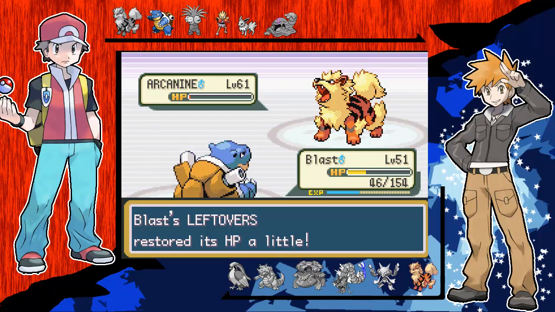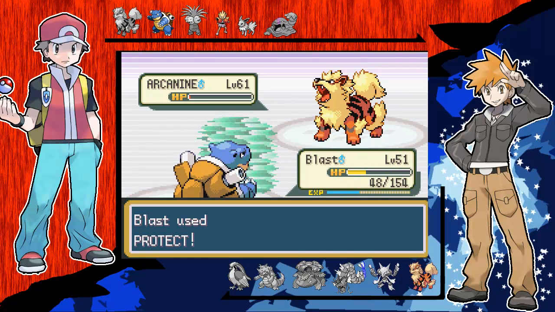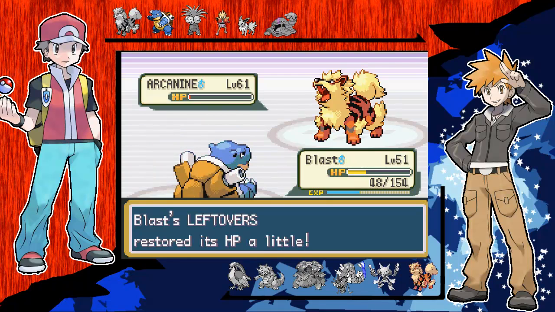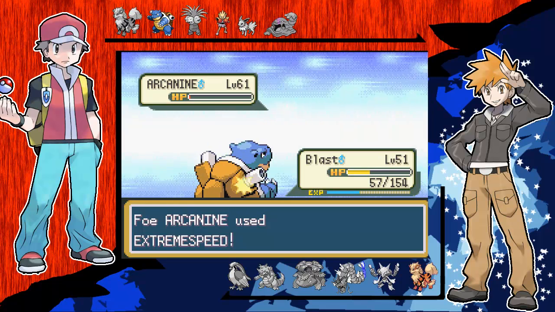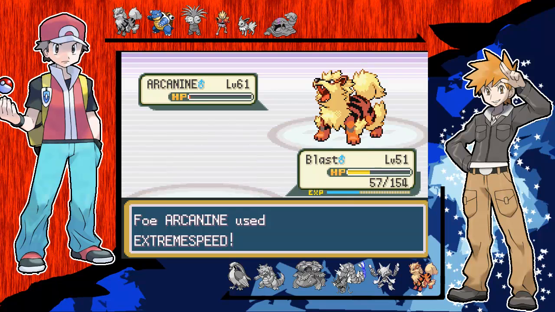Due, in fact, to Blast being hugely defensive, will protect against his Extreme Speed. I haven't been counting. I'm hoping that was 5. Truly and sincerely. Hydro Cannon. No! Well, he's down. He's down. As long as it hits. But Hydro Cannon is not really...